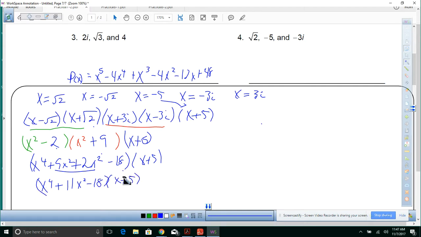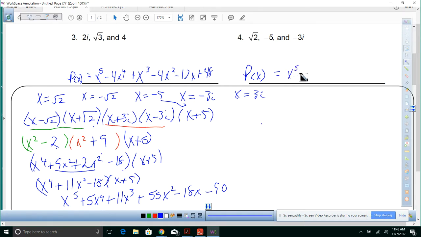All right, so x to the 4th times x, that's going to be x to the 5th. X to the 4th times 5, that's going to be plus 5x to the 4th. 11x squared times x, that's going to be plus 11x cubed, and that's going to be plus 55x squared minus 18x, and then 18 times 5, that's going to be minus 90. So P of x, because you got 5, 4, 3, 2, 1, 0. All right, so it's going to be x to the 5th plus 5x to the 4th